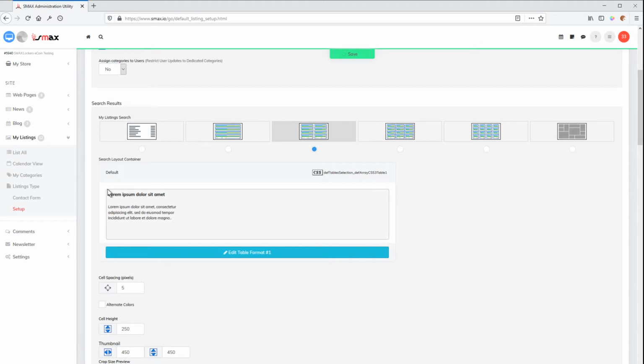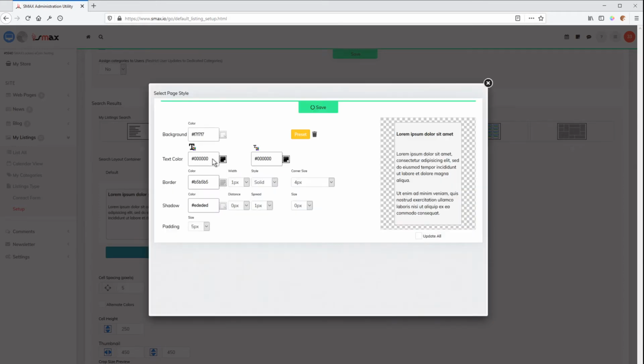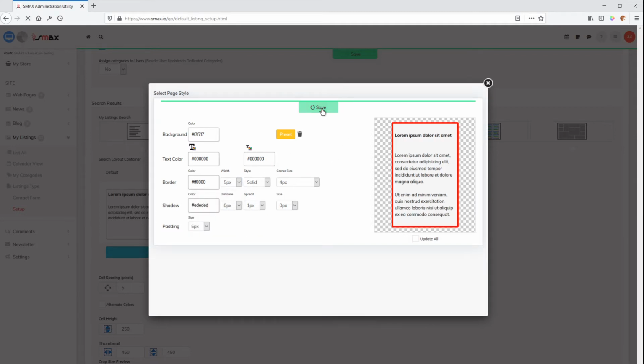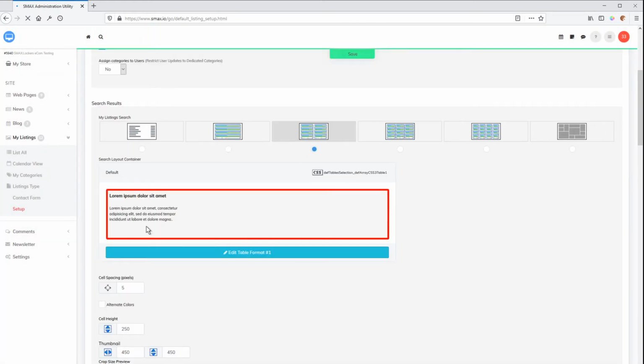that is used. So in here we've got our layout data, but this is our container that we can now play with. So to make it obvious that we're changing stuff, we're going to make the border red and we're going to make it 5 pixels. So we save, and we can see now our listings container will be this, but our layout will still be applied in here. So this then sources our layout,